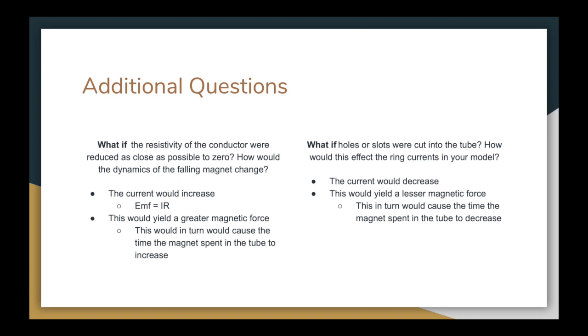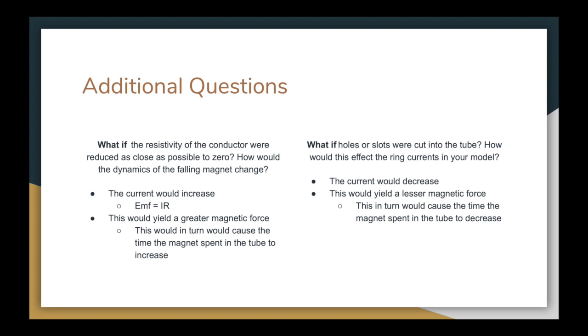This would in turn yield a greater magnetic force, which would in turn cause the time the magnet spent in the tube to increase. On the flip side, if holes or slots were cut into the tube, the current would decrease. This would yield a lesser magnetic force, which would then cause the time the magnet spent in the tube